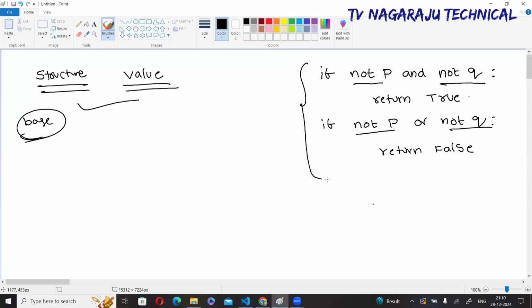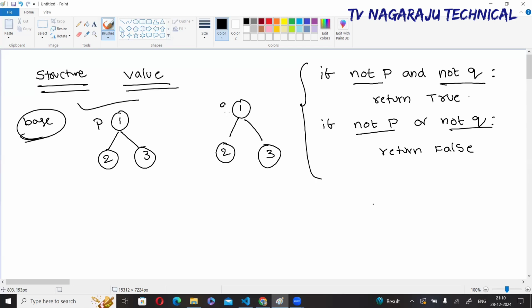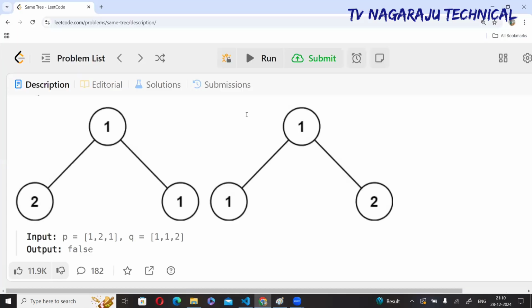Now, understand the question carefully. You need to check the values also at the same time. For example, assume this is my first tree and this is my second tree. Initially, this is P, this is Q. Now observe what I am doing. I am checking this value with this value. In the program, they gave,